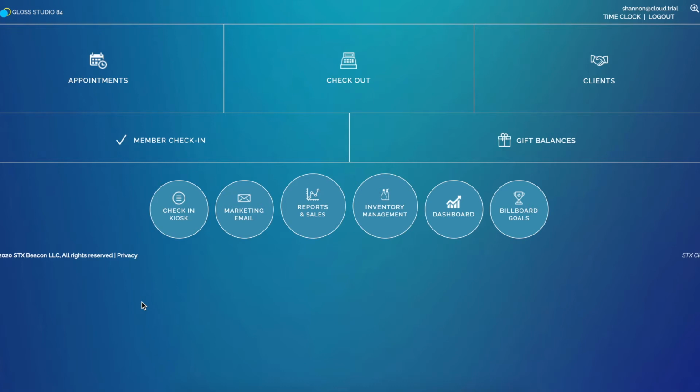So what the required post service feature is going to do for your business, I'll give you a great example. Let's say a client wants to book a highlight, and you can set it up where when someone books a highlight, the required post service options would be a haircut or a blow dry. So what that would do is, when you go to book that, there's options to enable it in-store and/or